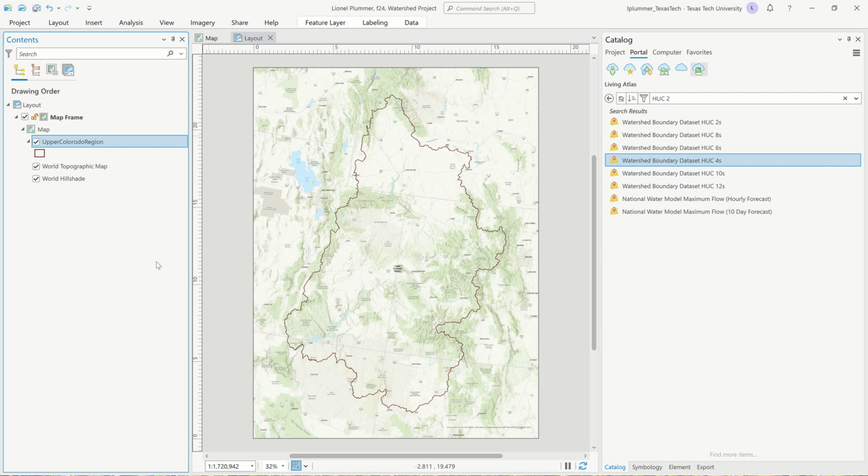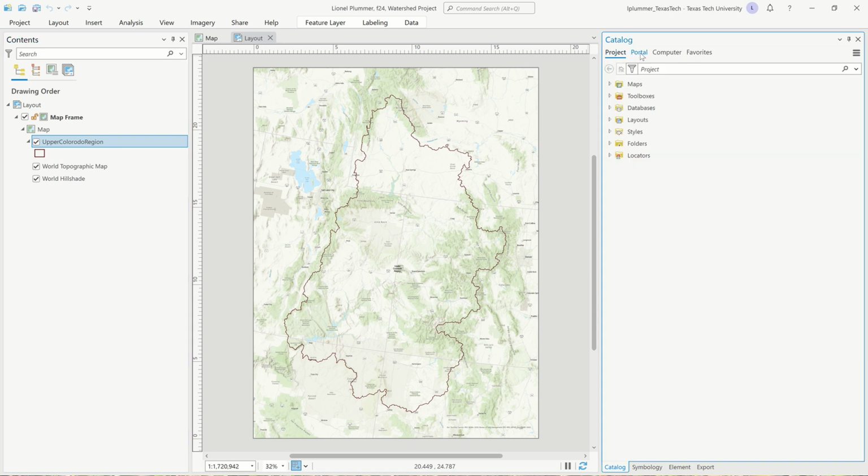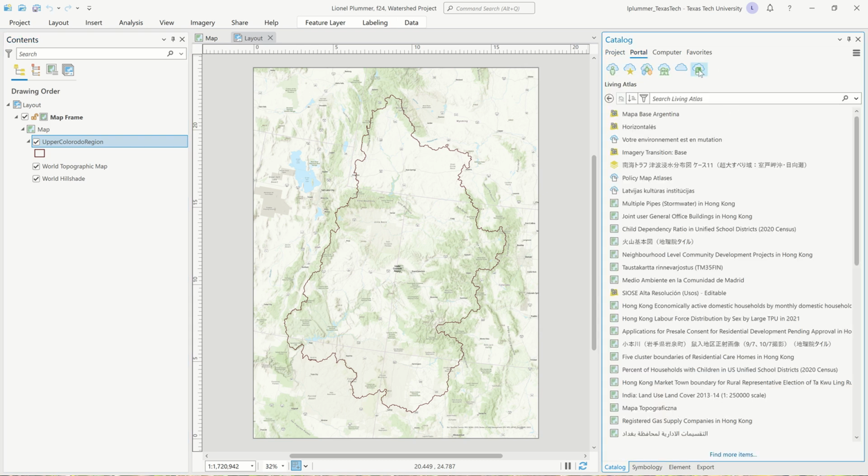We're not going to set up a scale or anything yet because I want you to see right off the bat how your final layout is going to look. Okay, we're going to do that by putting in the state boundaries. Okay, so go back to portal. Okay, and we're in the Living Atlas. So let's just put in